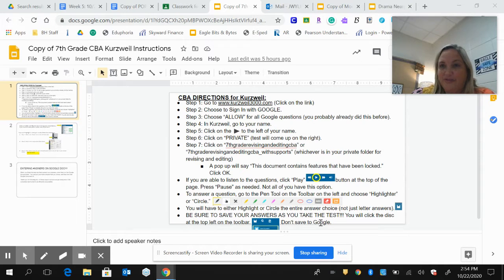Today you're taking the fall revising and editing CBA. Okay, you know how we take reading CBAs? Well, we're taking a revising and editing CBA. In the 7th grade, you have 3 STAR tests, a math STAR test, a reading STAR test, and a writing STAR test. There are 2 components to the writing STAR test: an essay that you write and revising and editing passages with questions. You're not doing an essay on the CBA, you're just doing the revising and editing passages